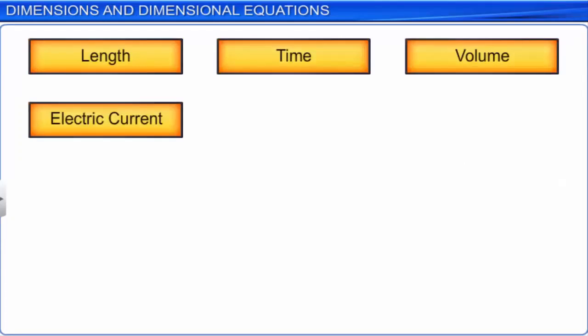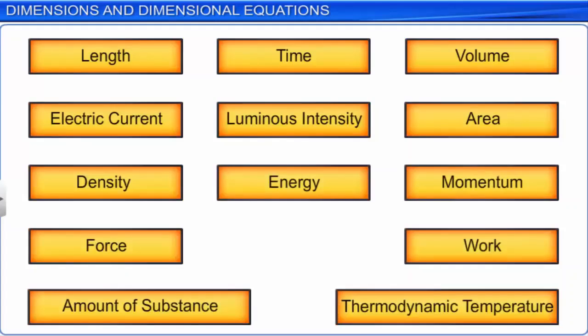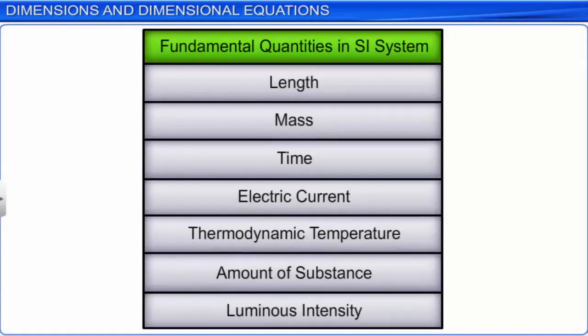We learnt earlier about different physical quantities, of which 7 are considered fundamental according to the SI system of measurements, while the others are derived physical quantities. The 7 fundamental quantities are